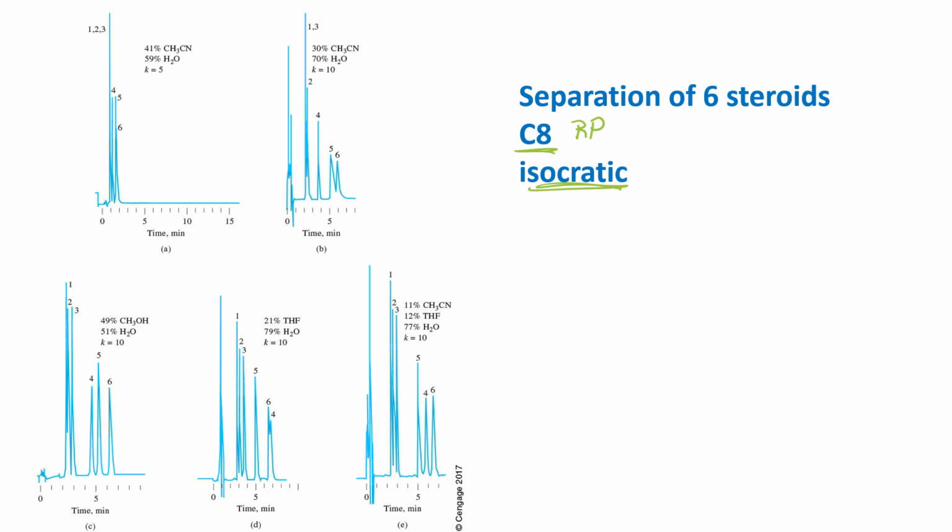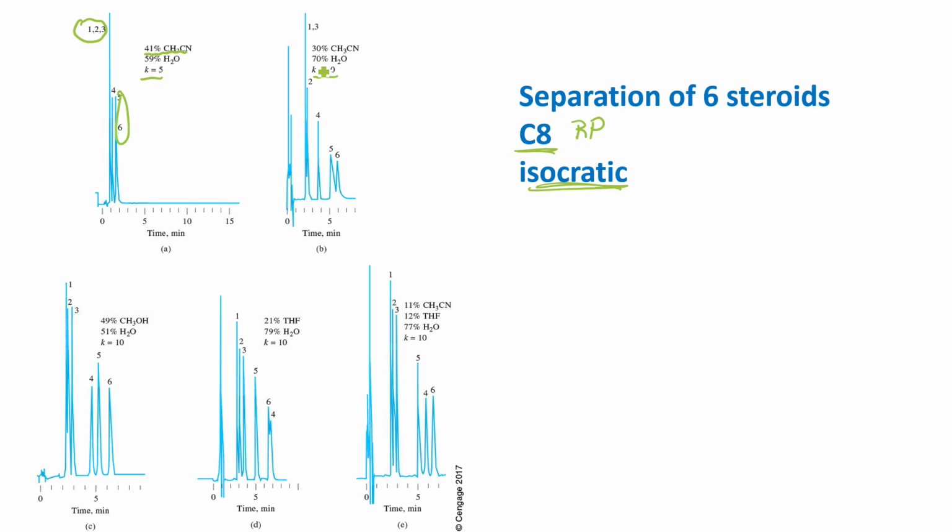So here's an example of this mixture of these 6 steroid compounds. And this is acetonitrile water, so 41% acetonitrile. And 1, 2, and 3 are co-eluting. 4, 5, and 6 are just barely resolved, and 5 and 6 look like they're co-eluting. All right, so now if we average k prime is 5, it's not sticking very much. So if we went to